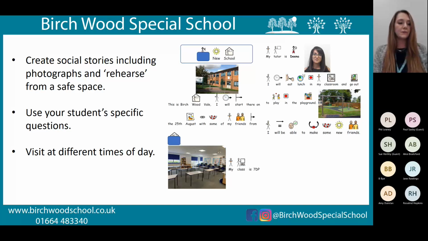Arranging to see new schools at different times of the day can also be really helpful. As we know, some students will find the morning quite fresh, they've got lots of energy, but it could be quite noisy. They might find the afternoon difficult when they are tired and full, they've had their big roast dinner at lunchtime, and they are running out of energy, running on fumes by the end of